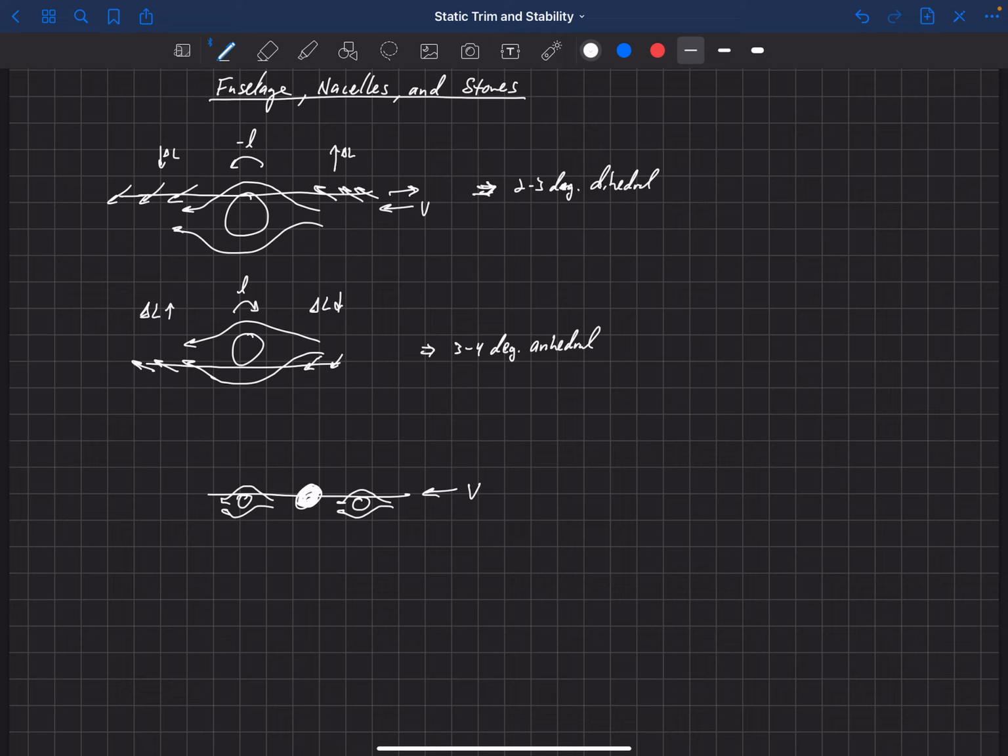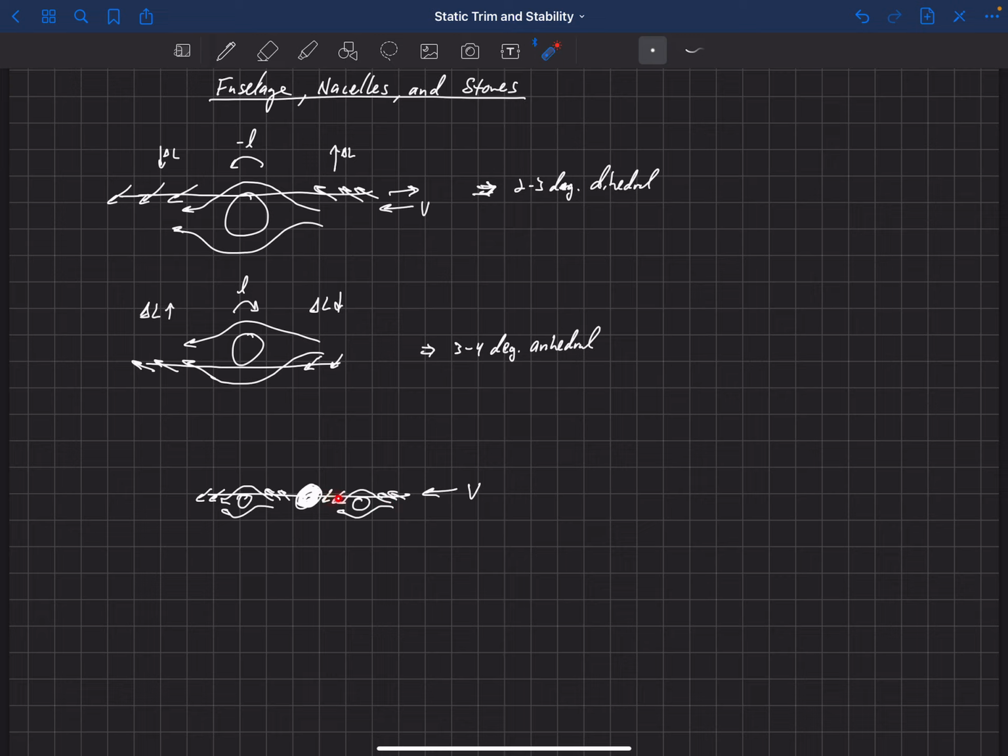So we're going to get an increase in angle of attack here out at the wingtip. We're actually going to get a decrease in angle of attack closer to the center of the aircraft. And then on the left-hand side, we're going to get an increase near the center and a decrease out at the wingtip. So we're getting an increase and a decrease on both sides, but what's important here is the moment arm of the locations that are increasing and decreasing. So out at the tip, we have an increase and a decrease. Those have the largest moment arm.